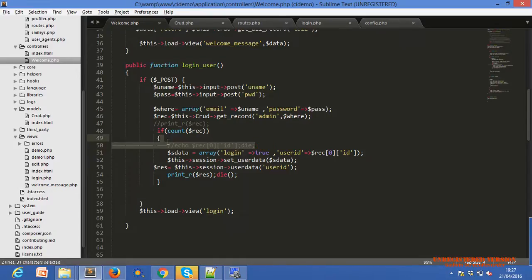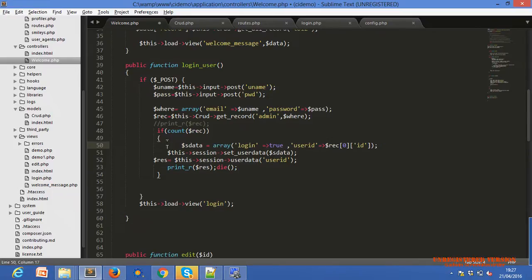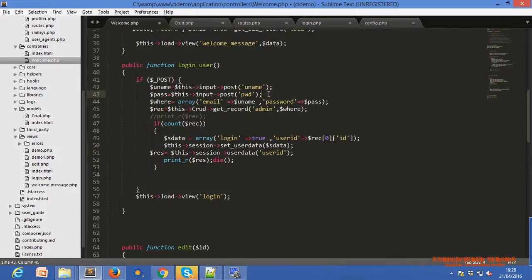Okay. Let me revise all the things. So first, what we have done for login, we just create a login page, load that login page with the help